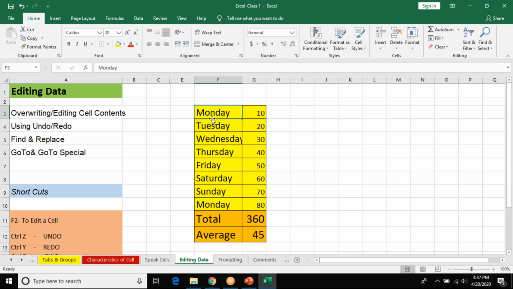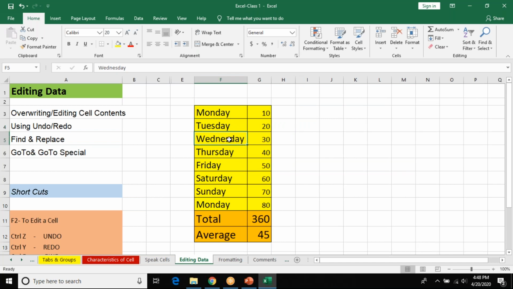If you're using a laptop, it'll be Fn plus F2. See, the cursor is exactly on Monday, so I can change anything I want. If I want to make a change on Wednesday, put your cursor on Wednesday, F2. The cell opens up, you can write whatever you want. This is how you make changes in your cell.